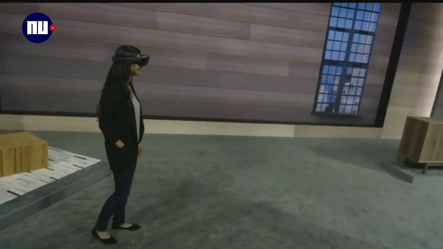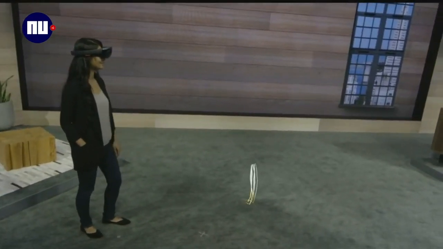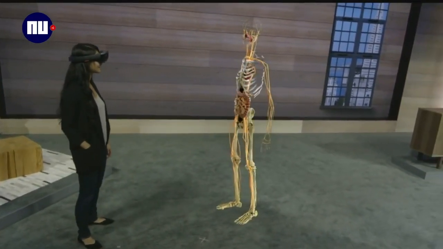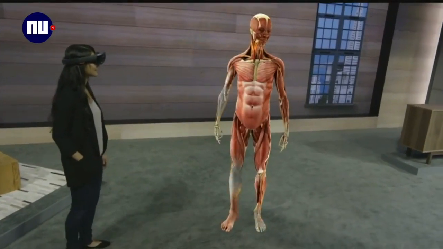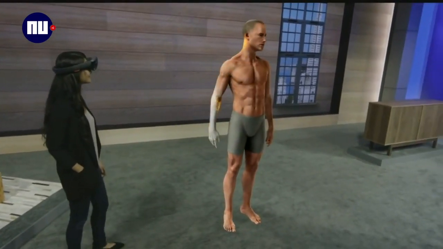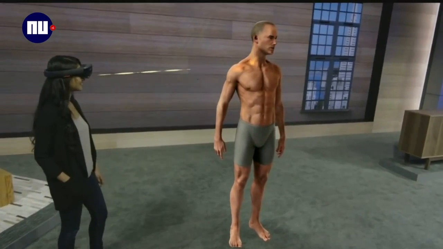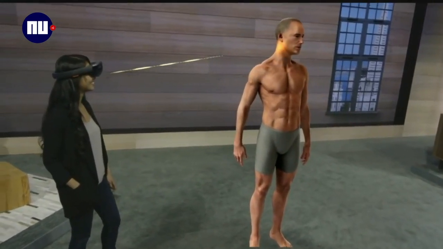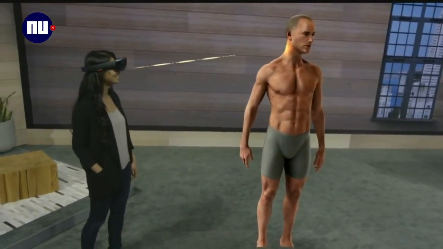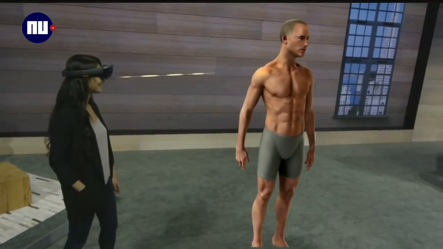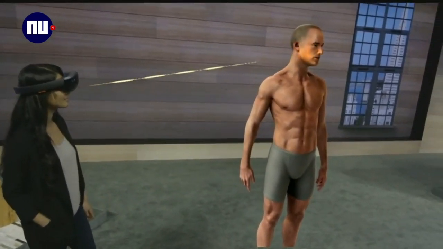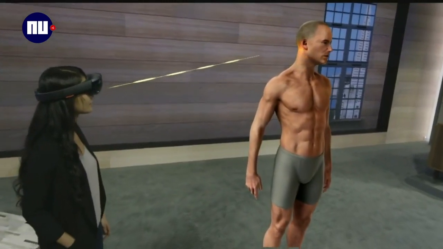It hasn't drastically changed in over 100 years because there simply hasn't been another way. The mixed reality of the HoloLens has the potential to revolutionize this education by bringing 3D content into the real world. Now, one of the biggest challenges for students learning anatomy is understanding the body in 3 dimensions and how all the different systems fit together.